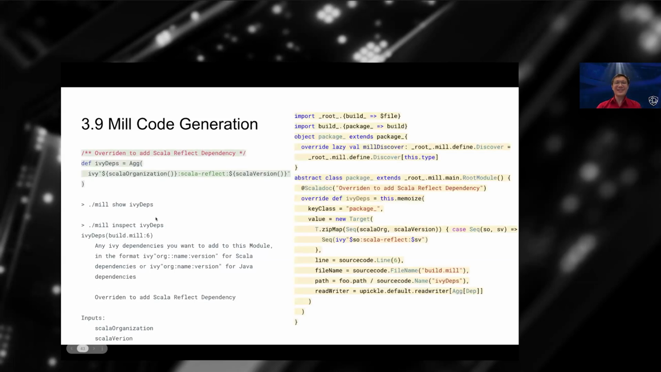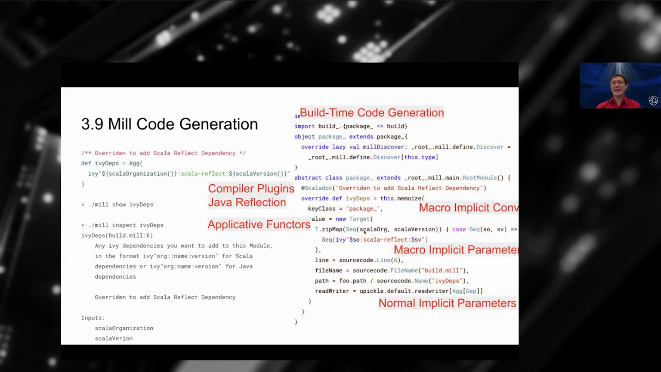So what's going on here is that when you write the code on the left, it expands into this code on the right. And it does this through a whole range of different techniques. So we have some build time code generation like Scala CLI or Ammonite or the Scala REPL does. For the Scaladoc, we have a compiler plugin that grabs the Scaladoc, puts it in a Java annotation, which we then use Java reflection to fish out at runtime so we can print it out. In order to get the inputs here, so you can see what methods this ivyDeps method calls, we then have a macro implicit conversion that turns this so-called direct style method call into an applicative functor zip map